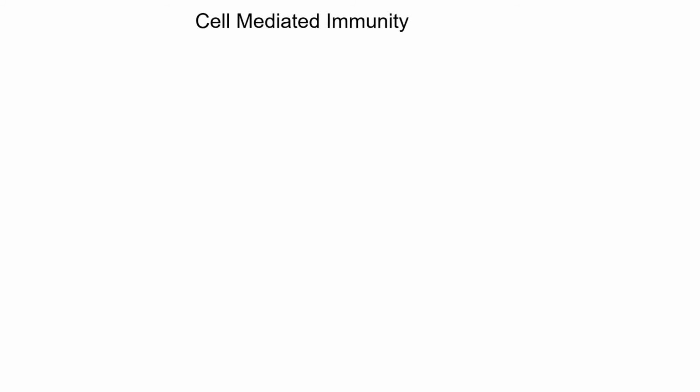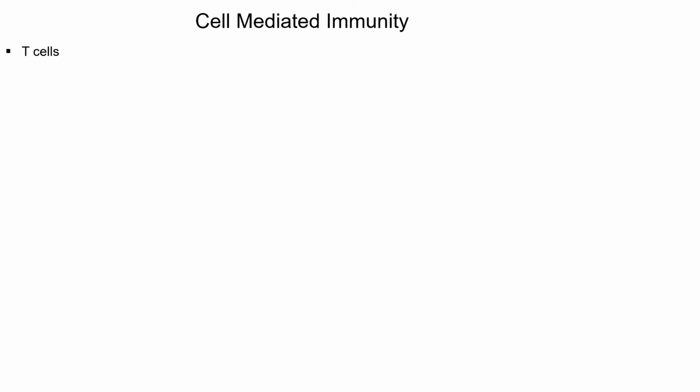Now we're going to talk about the cell-mediated immunity. Now, this system is one we don't want to use unless we absolutely have to. It's the immunity system of last resort. So this immune system is only used with things that are no longer circulating. If those antigens are circulating, it's the humoral system that goes after them. But if they get into the cells, or if the cell is a cancer cell, it's this immune system that responds. How does it respond? Well, it's going to use T cells.